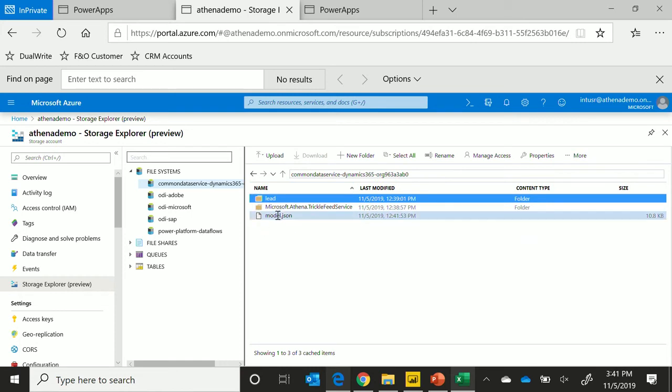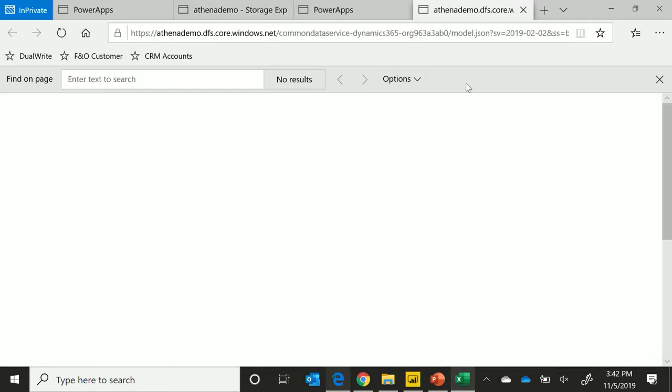Now I'll just show you one more thing, which is one of the critical pieces. And we'll revisit this multiple times so that you get an idea of what this model.json is. As I explained, the model.json describes the metadata in the whole CDM folder. It shows you the attributes. It has a bunch of other pieces, and it's one of the most important files, arguably, that you want to read there. So if I just open this,